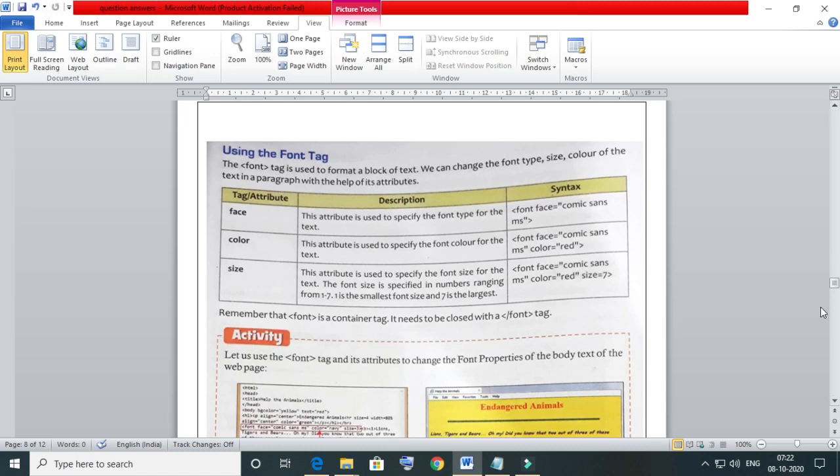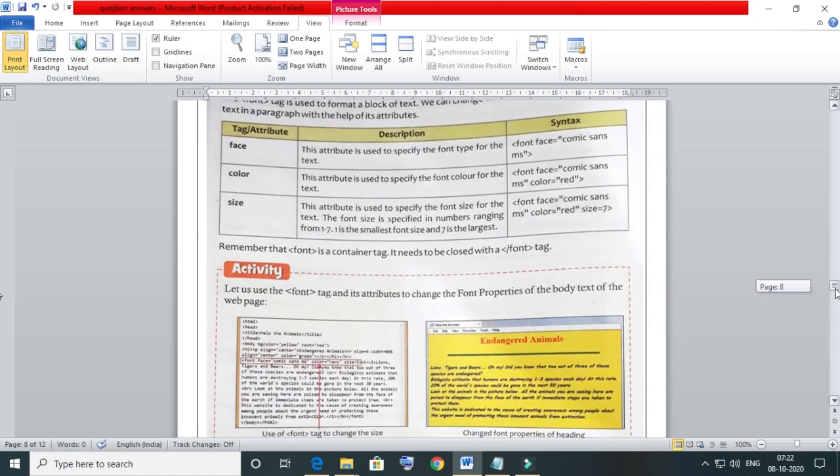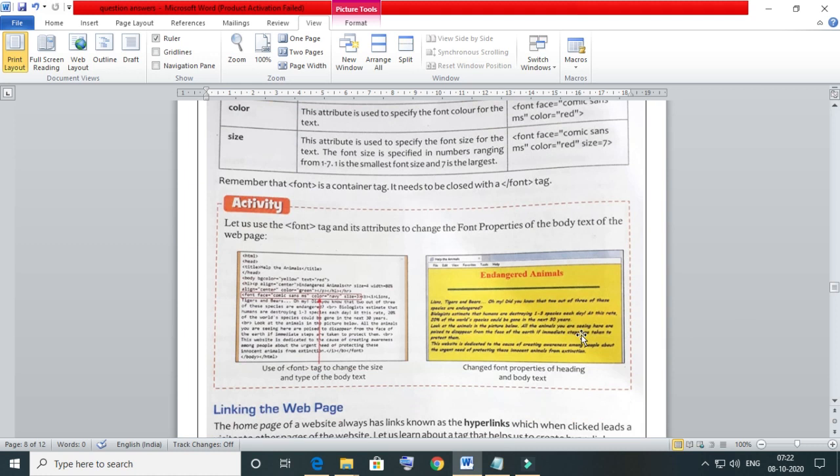Now come to the activity at page number 90. So you have the idea about font face, font color and font size, and how we can apply it to the HTML document. So here as an activity, just in the font tag use its attributes to change the font properties.